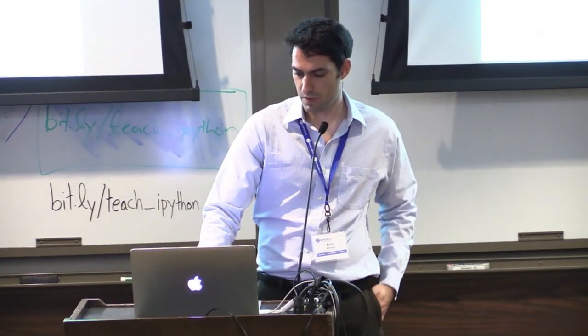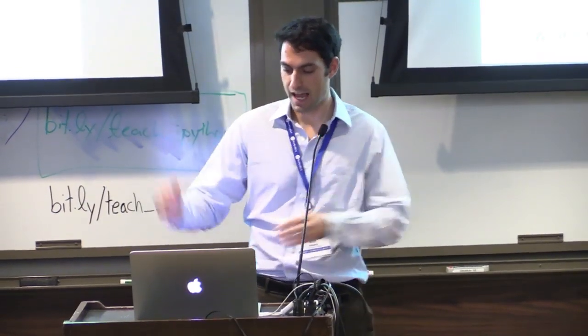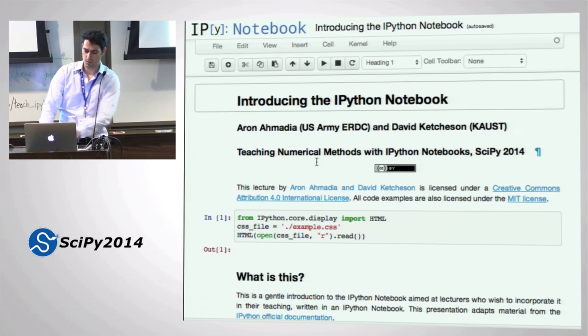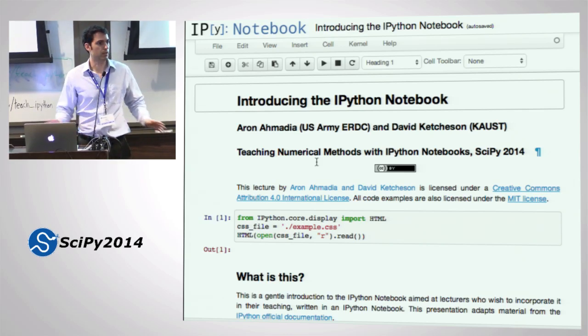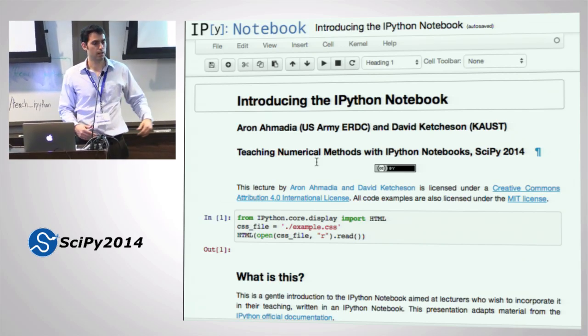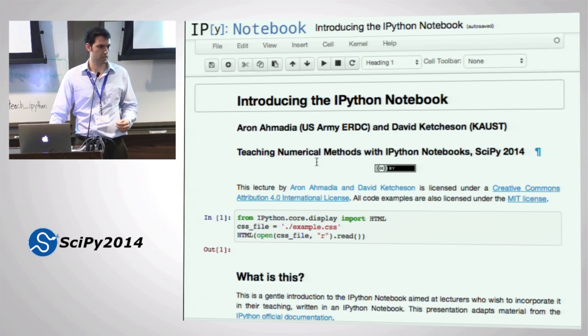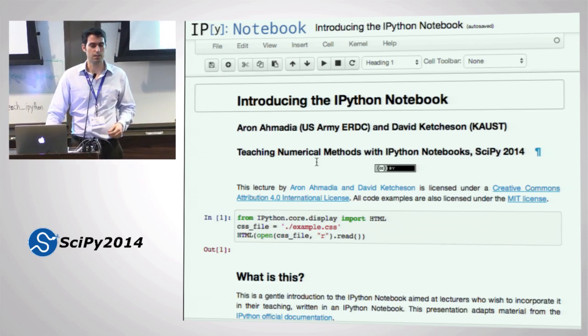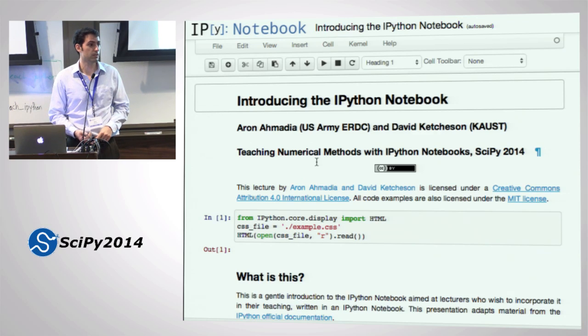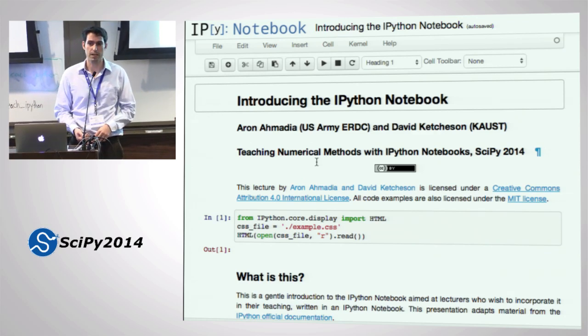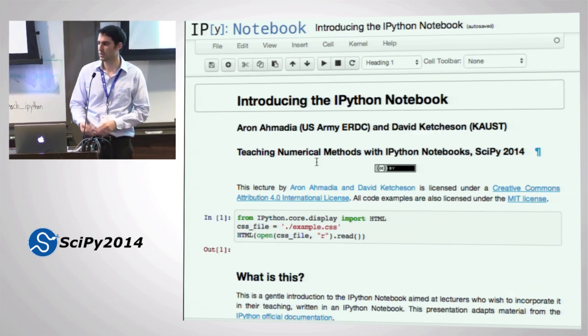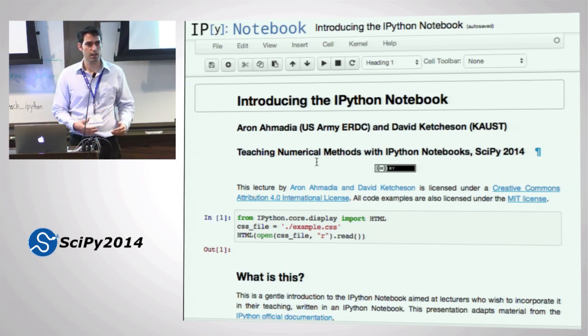So I'm going to be working from this live version of the IPython notebook. And feel free to follow along, watching on the screen, just reading the web page, or using it. Also, for the next... when's the break? 2:15. For the next half an hour, I'm going to be covering notebook fundamentals. I'm going to be talking about modal editing, so command mode versus edit mode. I'm going to be talking about how to use Markdown. And I'm going to talk about how to use display, and how the different cells work.